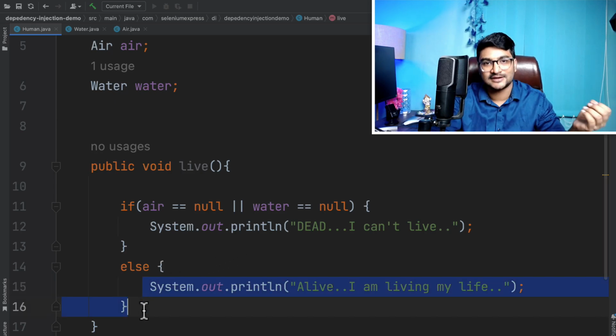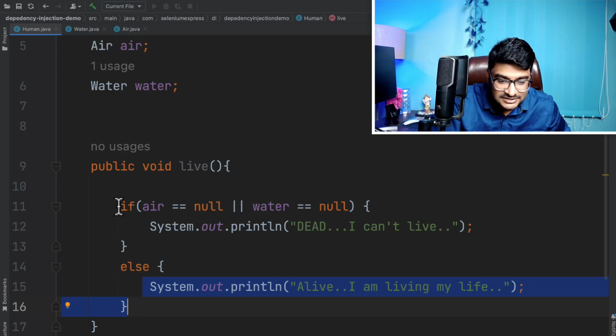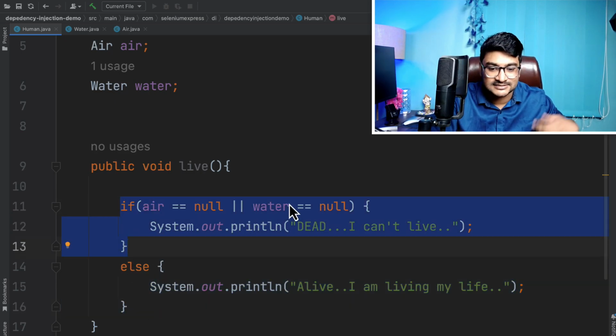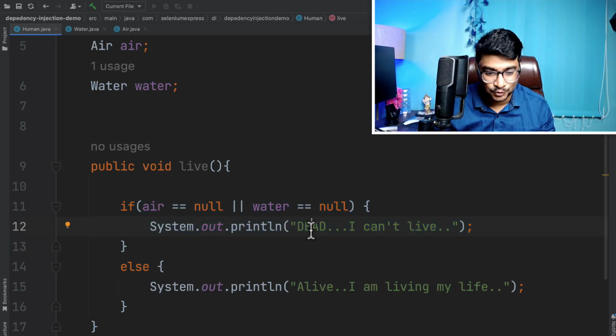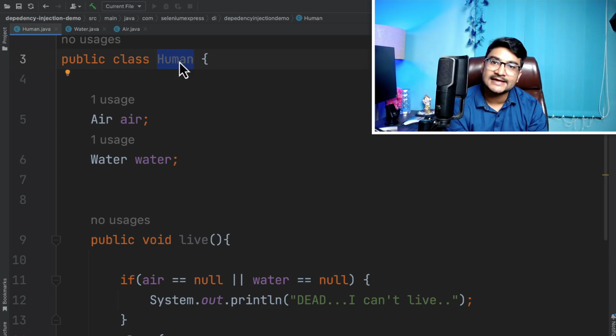It prints whether I'm alive, and I can only be alive if this condition is false. If the air and water are null, then I'll be dead. If the air and water are present, then I'm alive. Cool. Okay, so now using this Human class, let's bring in the dependency injection, because obviously right